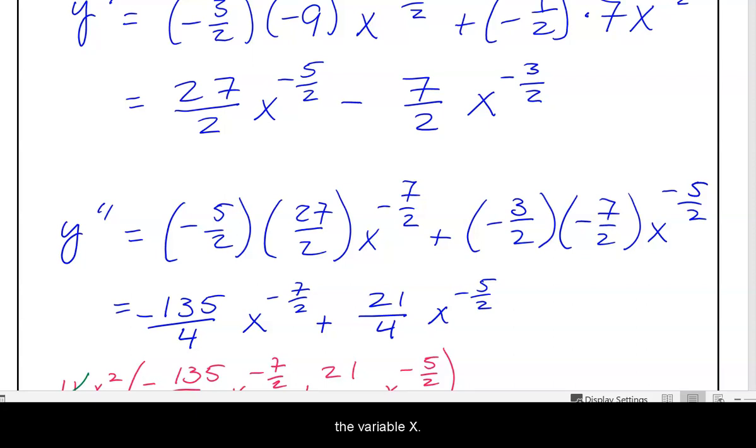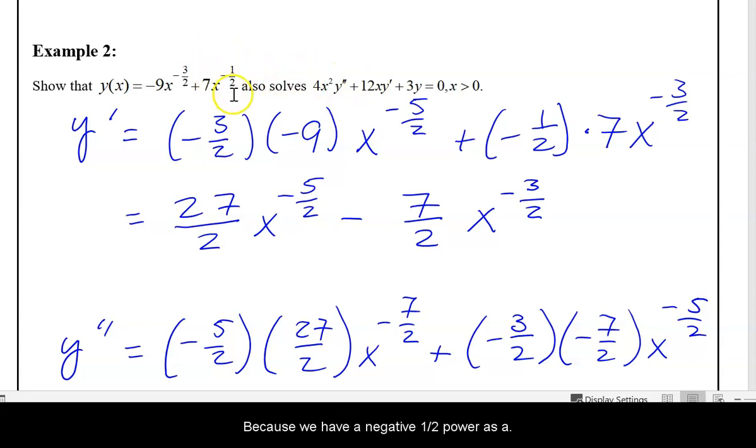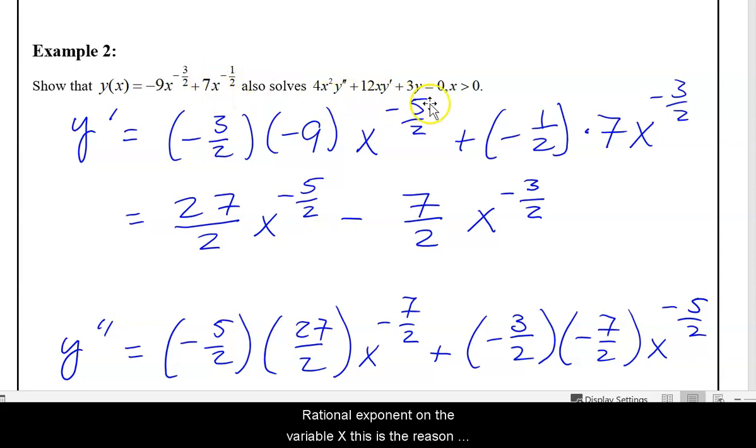the variable x. When you plug it into the equation, note that our interval of validity, or the domain of the solution, is again x greater than 0. Because we have a negative 1/2 power as a rational exponent on the variable x, this is the reason for the restriction x greater than 0. The negative puts it in the denominator, so thou shalt not divide by 0, and the 1/2 power is the